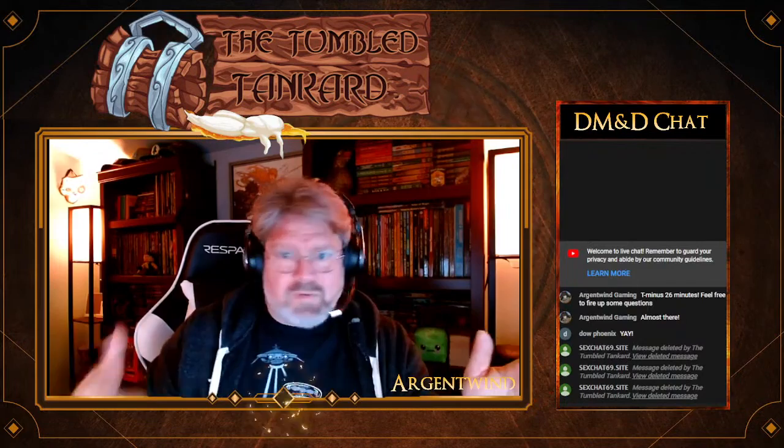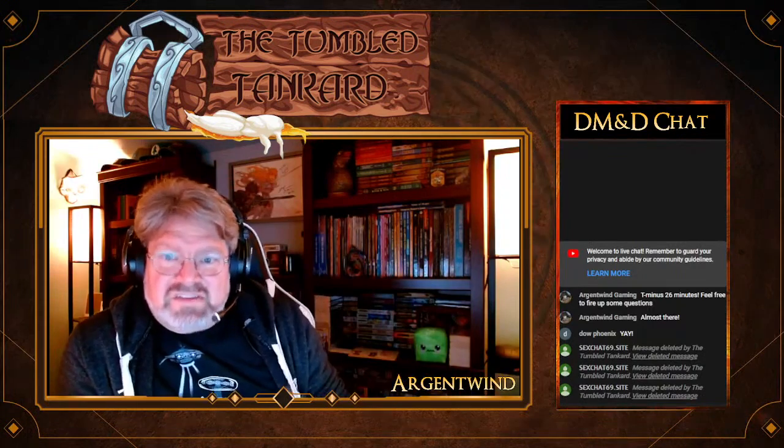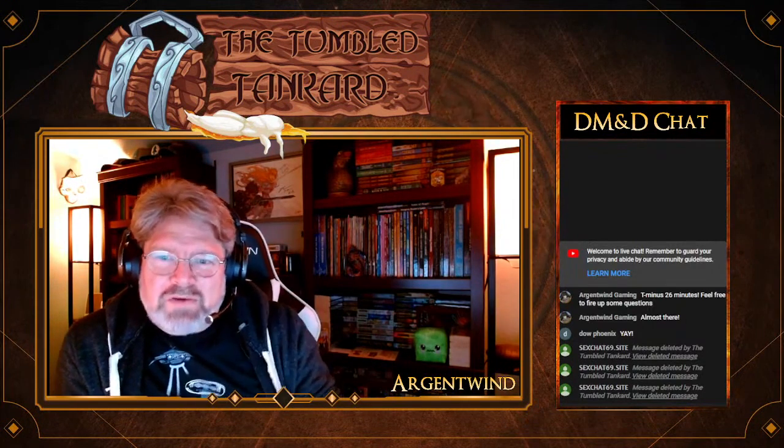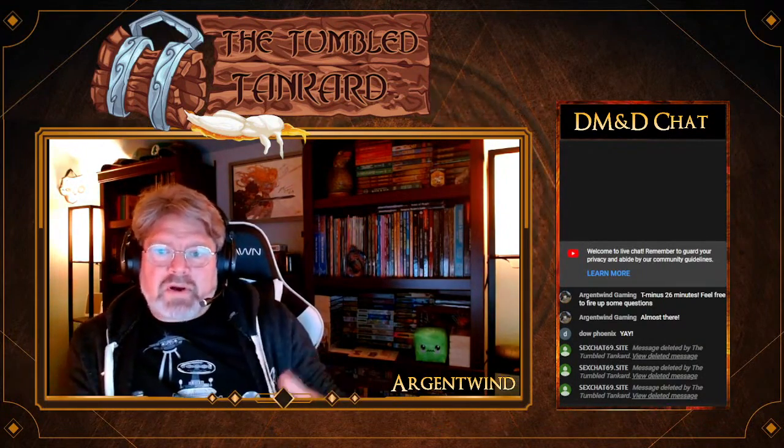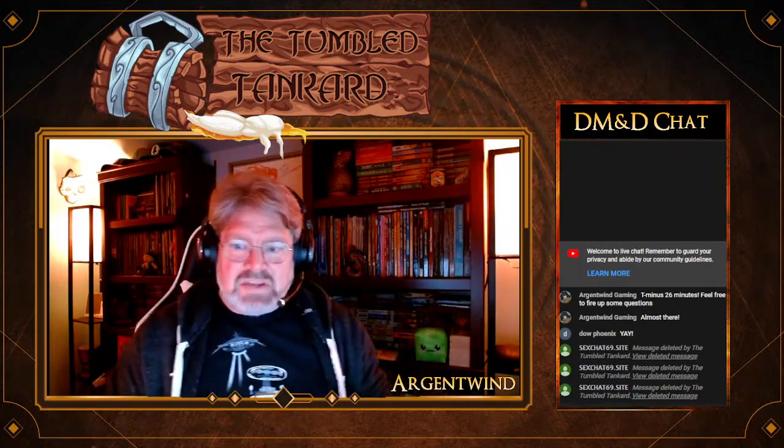Now, some DMs just jump straight to mid level, third level, fifth level, whatever, and start the campaign there with established characters. They're a little tougher. They're a little bit harder to crack. They're a little bit tougher to take down immediately. They've got a little more experience and hit points under their belts, but they have a chance at least at taking on a little bit wider variety, a little bit tougher enemies. But understand that the challenge for a low level party is getting to that point, and you don't want to overwhelm them with things that are just going to take them out before they can get there. So keep that in mind when you're designing those low level encounters.